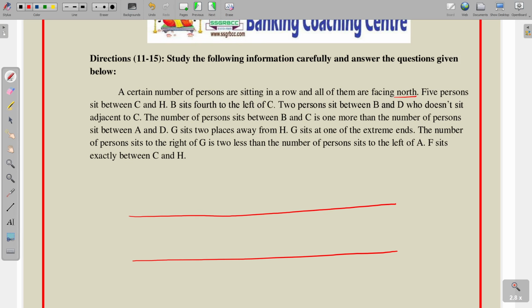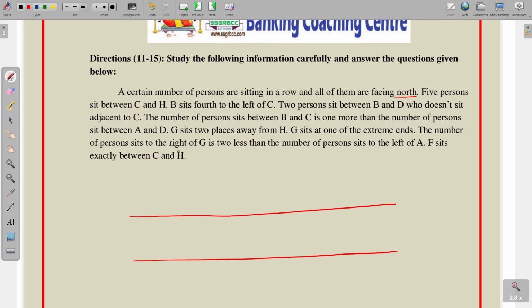Okay. So two possibilities. 5 persons sit between C and H, and next B sits fourth to the left of C. 2 persons sit between B and D, who doesn't sit adjacent to C. Number of persons sit between B and C is one more than the number of persons sit between A and D. G sits 2 places away from H, and G sits at one of the extreme ends, and number of